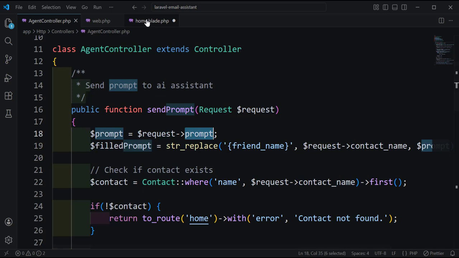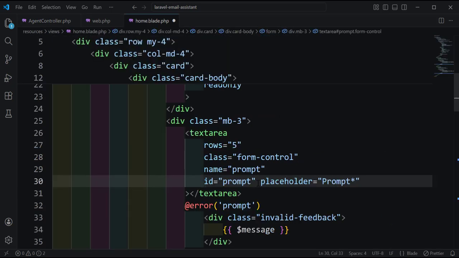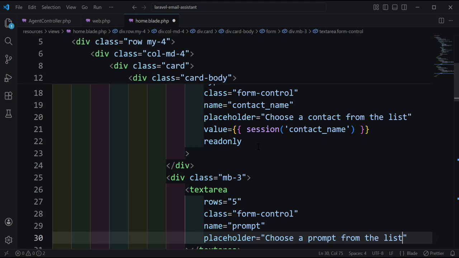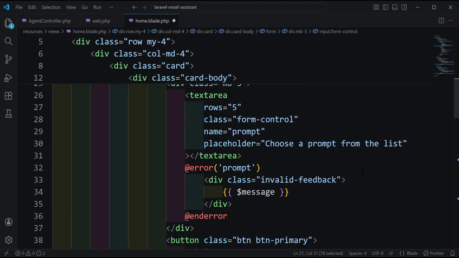Name is prompt. We can keep it as it is. And ID, we don't need it. And here we can tell our user choose prompt from the list. Okay, next, we can make it also, as I said, read only, and we